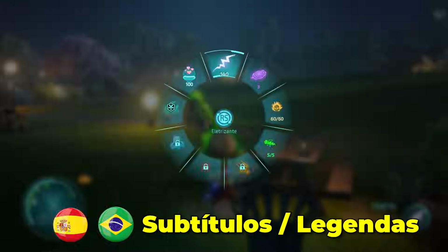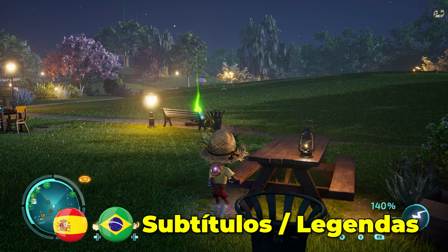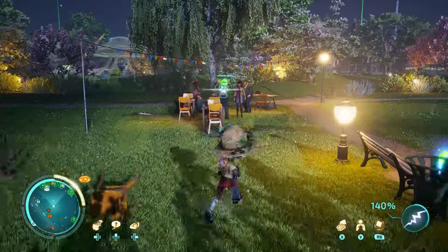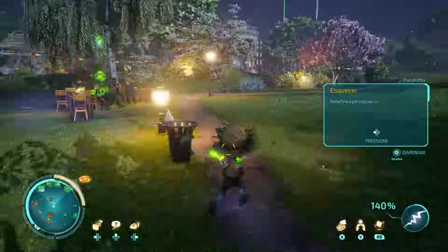Hello, welcome. If you're as excited as I am about the improvements in both quality and performance of Nvidia's DLSS 4 and frame generation, you'll be glad to know that the community has developed a solution to update both services